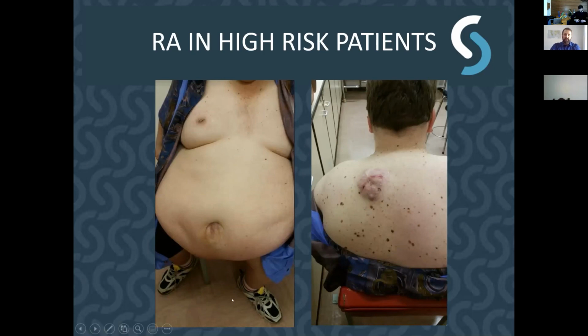What we did for him was an ESP block with the option of doing some infiltrations locally. We did it at a T3 level, left here, and it worked like a charm. He received also 1 milligram of Dormicum and some 5 milligrams of ketamine. He was completely happy. The surgeons could do their work. There was no area that was not covered, and he did the operation with the patient in a seated position.